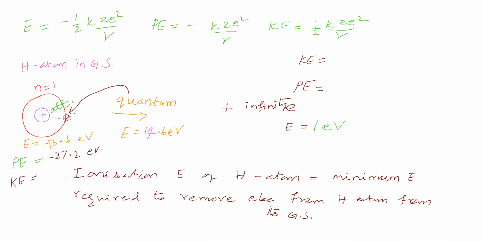What is the kinetic energy of this electron? Substitute the energy of the electron, minus 13.6 electron volt, here. Then take this minus to this side. Then what remains is 1 by 2 k z e square by r, which is called kinetic energy. So when the hydrogen atom is in the ground state, the kinetic energy we can say is 13.6 electron volt. The electron is in the first level, and this electron will have energy